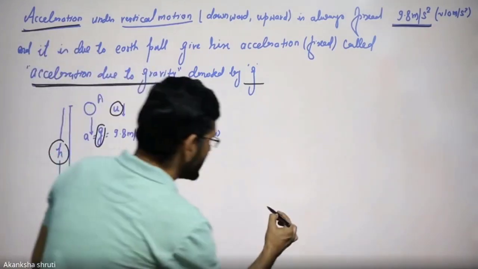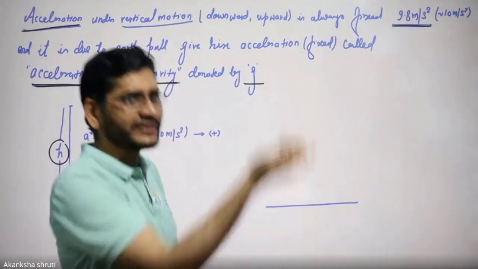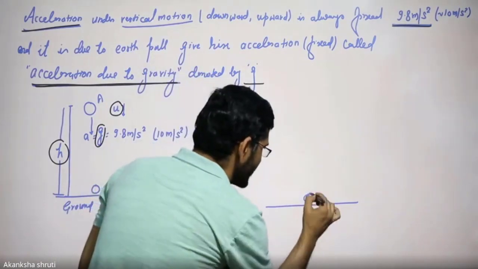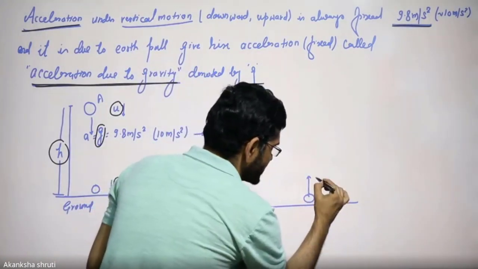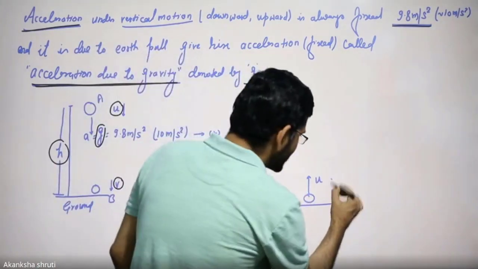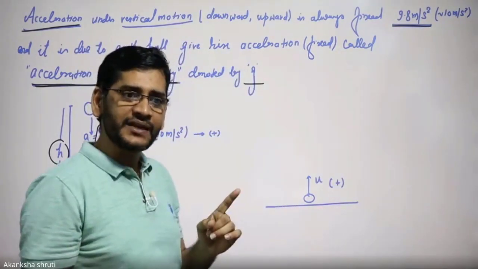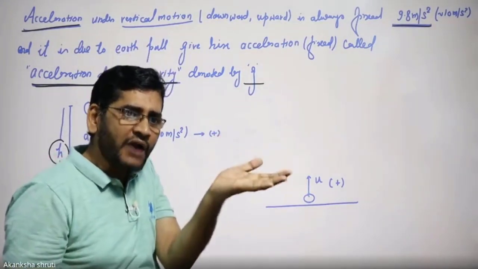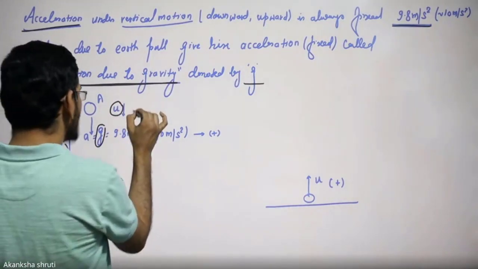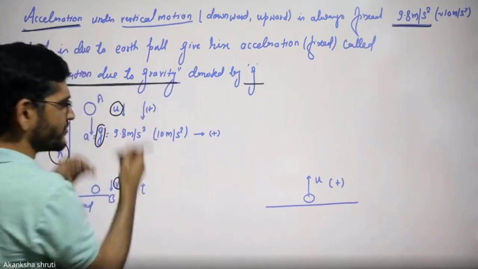Another thing, it may be possible that you are standing on the ground and throwing the ball vertically upward. How will that motion be? I am considering the ball is now thrown upward. Observe carefully: upward is the direction of motion, so this direction of motion is taken as positive. That is taken as the reference. The ball has started moving upward, so we are now taking the upward direction as positive. Earlier, the downward direction was taken as positive because the body was moving downward.